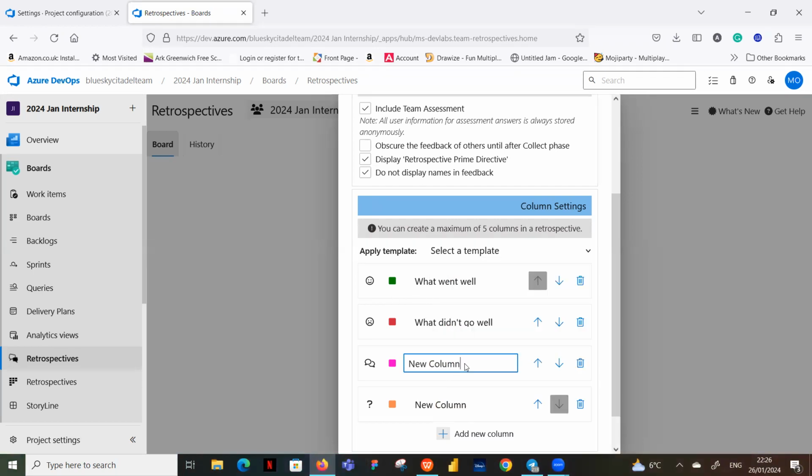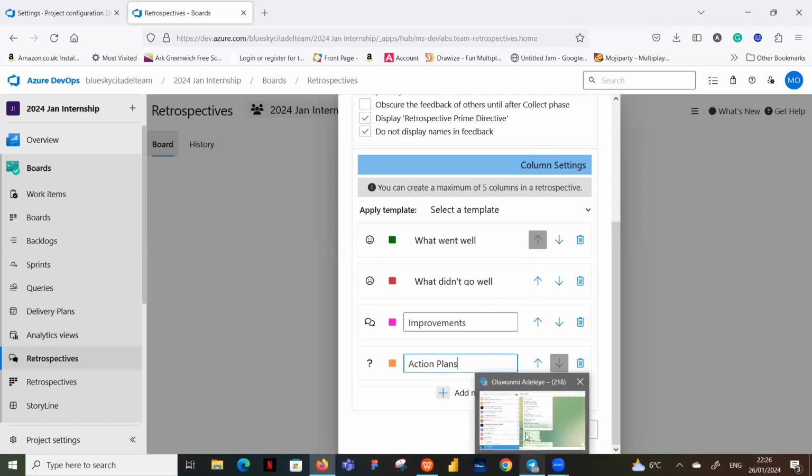So let's assume that the ones we're picking are the ones we have. This one, we want to name improvement. You can say improvement ideas, but just leave it as improvement. And then we want this column here to be the action. This is the action we've agreed as a team. Some call it action plans, some just call it actions alone. So once you've done that, and then you save,